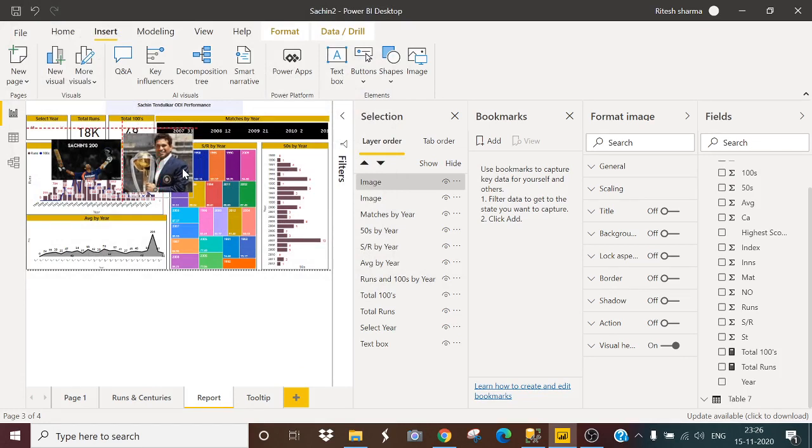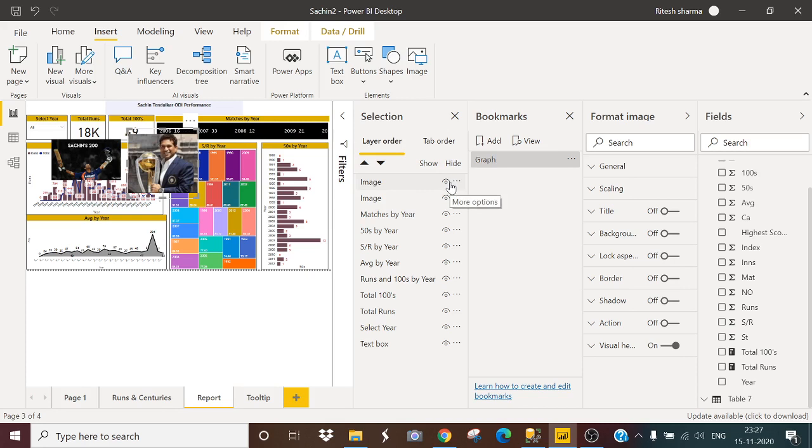These two images, and there is a mix up, so for this graph I will hide the image. Okay, so I will hide this.